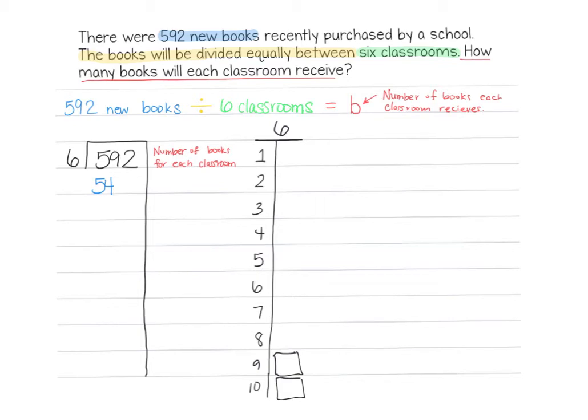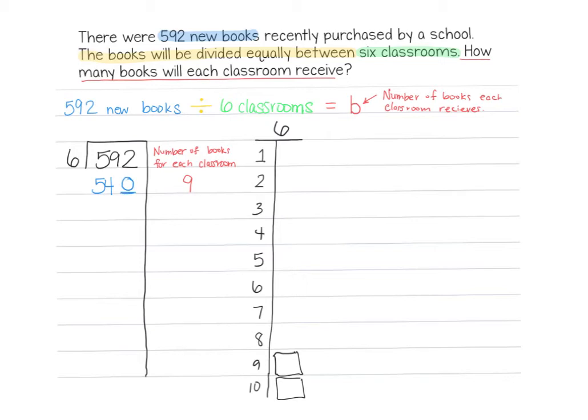So we know that 9 groups of 6 is 54. So the number of books in each classroom would be 9. However, 54 is not the whole answer because 54 tens actually has a value of